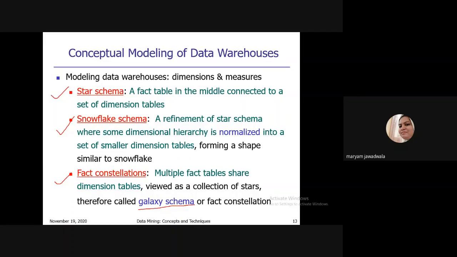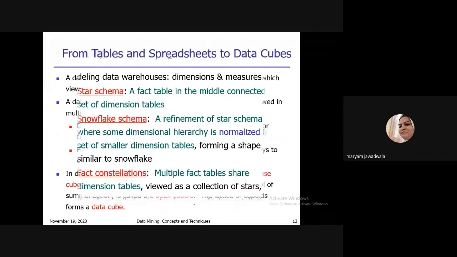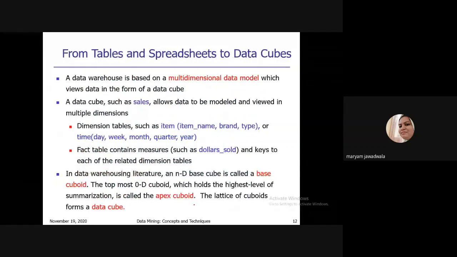So what is there inside the schema? Schema is nothing but the collection of dimension tables and fact table. What is there inside the dimension table? Dimension tables are nothing but the various dimensions of a particular subject. For example, if I want to create a multi-dimensional model for sales, what are the various dimensions? Maybe the item, the time, the country.